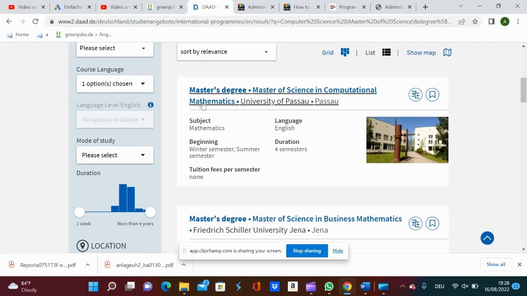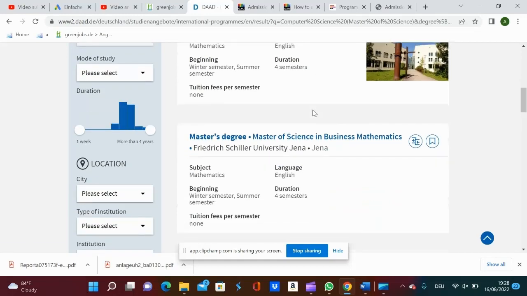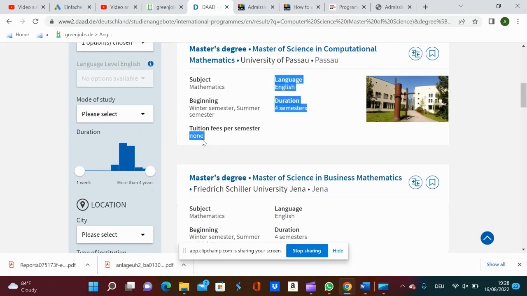When you check this, it says master degree in science in computational mathematics. It's done at the University of Passau. Yeah. So this is tuition free. As you can see on my screen, tuition free. Tuition fee per semester is none, and the course is done in English, right?